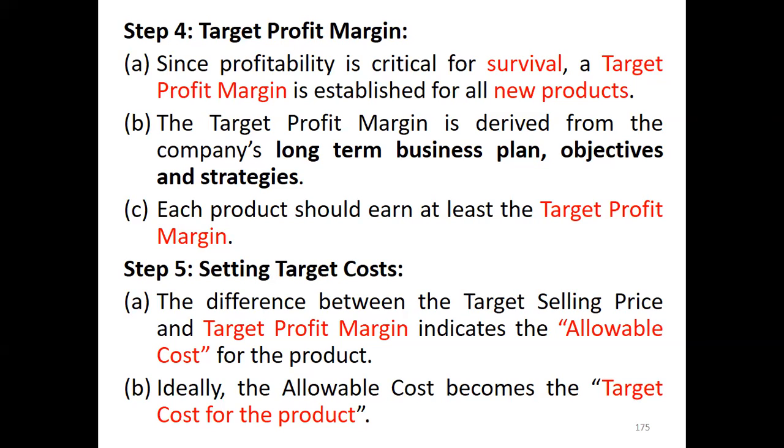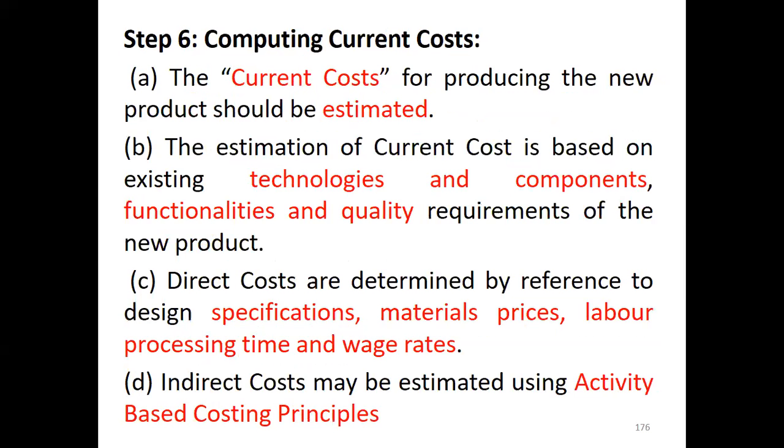So my margin is fixed, my selling price is fixed. So selling price minus margin is equal to your allowable cost, and this allowable cost is nothing but your target cost. Ideally the allowable cost becomes target cost for the product, और ये allowable cost उसको residual cost भी बोलते हैं और उसको target cost भी बोलते हैं। So this is the fifth step. Now next is the sixth step is